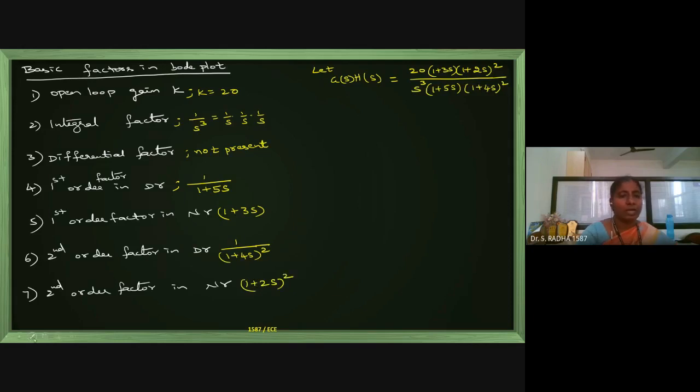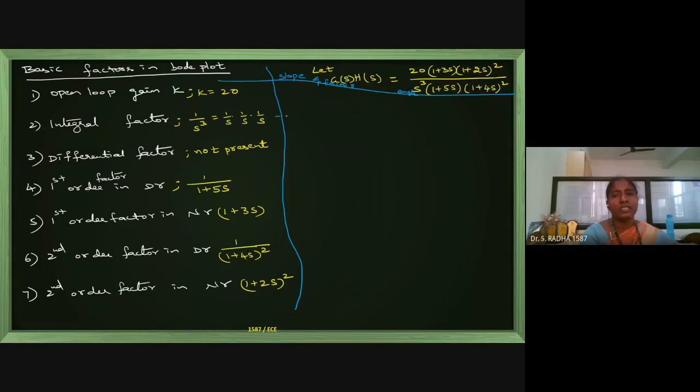Now, I will go with phase angle and slope. So, if I see for each of these, I will go with what is the slope given by the factor, slope of factor, and then angle given by the factor. I will come to loop gain a little later. I have some diagrams to draw with loop gain.